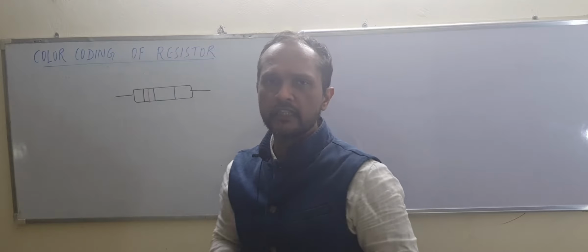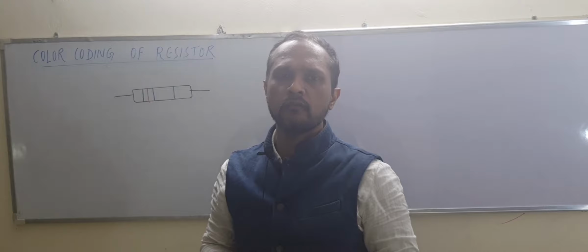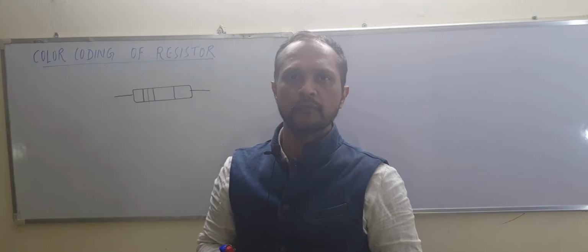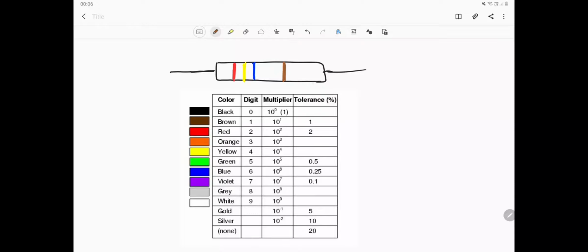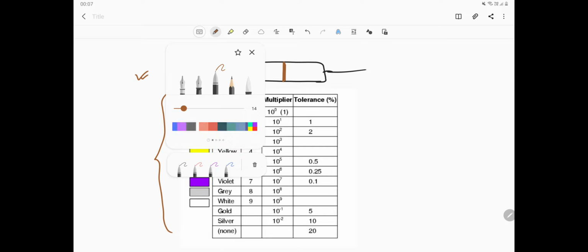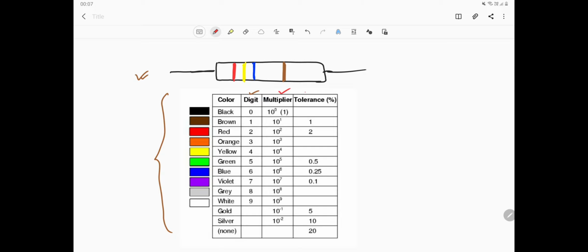Let me show you a short video through which this will be easy to understand. The resistor will look like this, as I have drawn here, and you have to remember a table that has been given here, and in this table there is digit, there is multiplier and there is